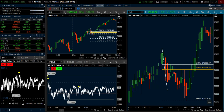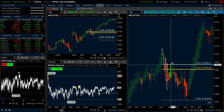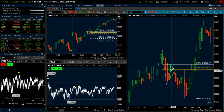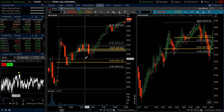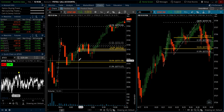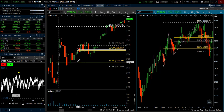And I do like the numbers that I'm seeing, and it is a nice way to have a little bit more trade activity throughout the day, but I'm not trying to trade both at the same time. So I wouldn't be putting on a short in the ES at the same time I'd be putting on a short in the NQ. What I'm finding is that my main focus is still the ES, but if it's slow and there's not a lot happening, or if maybe I just don't get a setup on the ES,